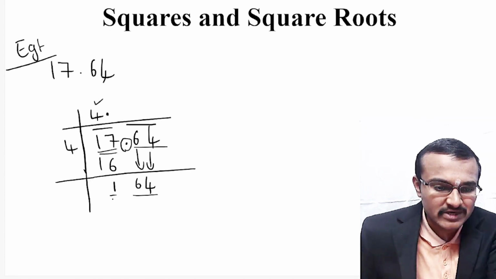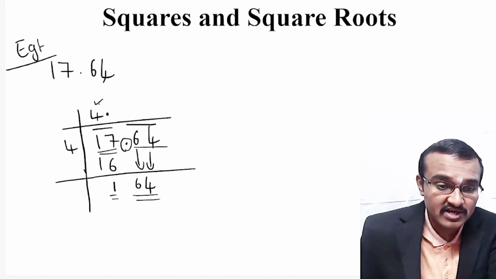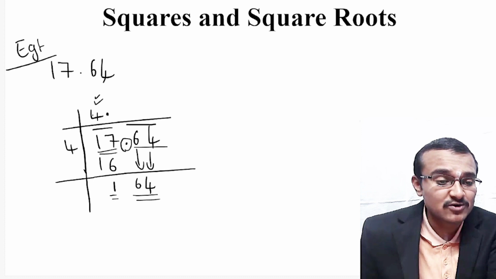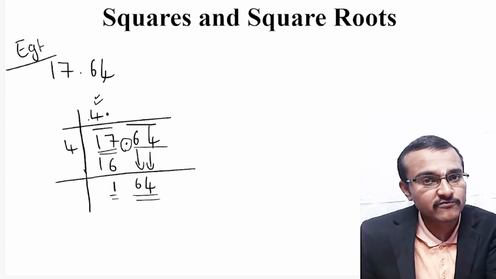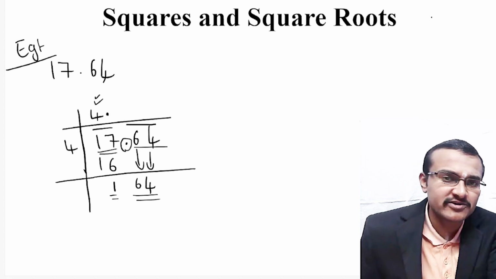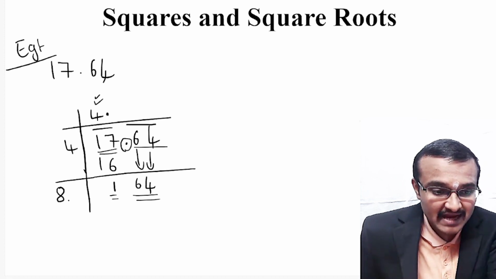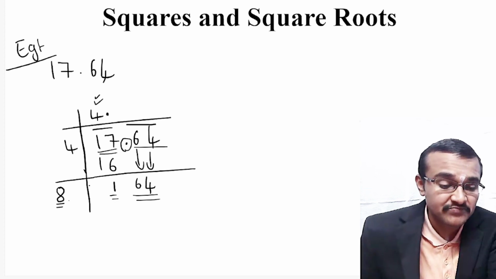So now you have got 164 as your number. After getting 164 as your number, you should double the quotient, whatever it is there. So what is the quotient we have got here? 4. So what is the double of 4? 2 into 4. So 2 into 4 is 8. So you just take 8 over here, and whenever you take a number after doubling this quotient, you should